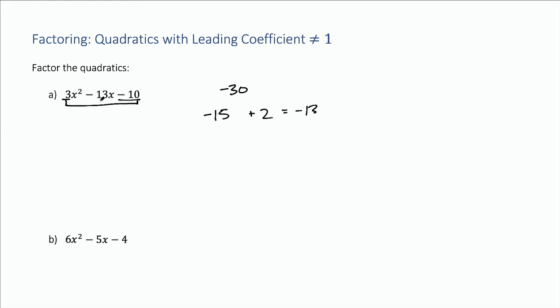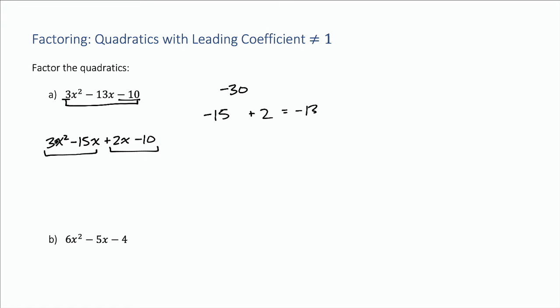And then what we do is we take this negative 13 and we write it out using those two coefficients. So minus 15x plus 2x. And now we're going to factor this by grouping. That's where we split this in half and we group the first 2 and the second 2